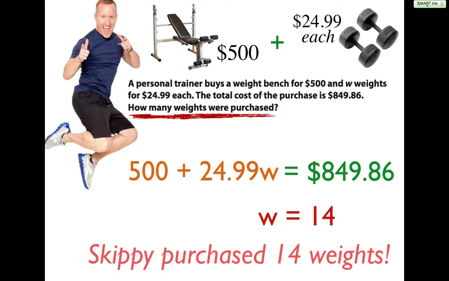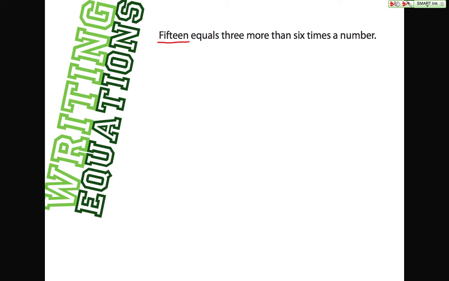All right, so we took a situation and we wrote an equation and then we solved an equation. When we're talking about writing equations, what we're basically talking about is taking words and turning them into an equation. So how about this example? 15 equals 3 more than 6 times a number. I'm going to take each of these things piece by piece, and I'm going to say 15 equals